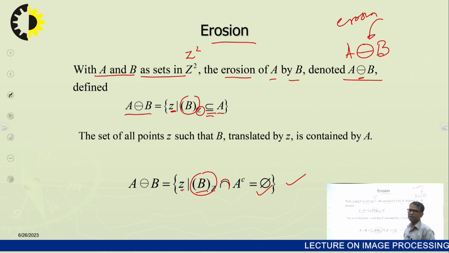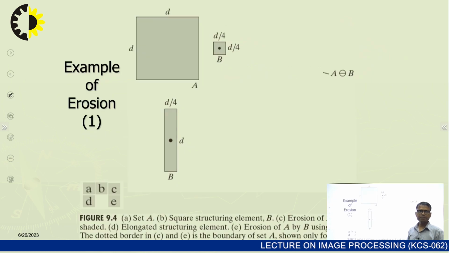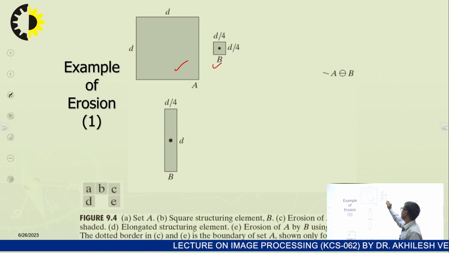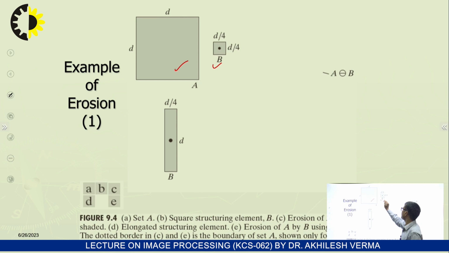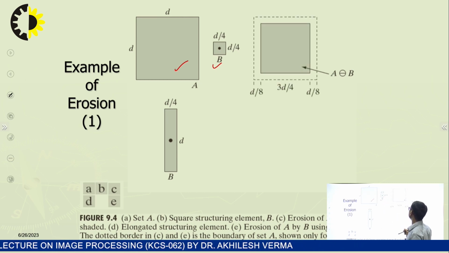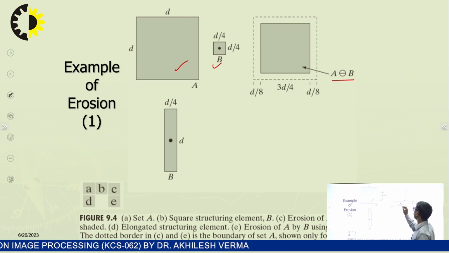So, this is erosion. This can be explained with this example. This is A and this is the structuring element B, and we can see the dimension of A is D by D, and B is of size D by 4 and D by 4. And when we apply this, A erosion B, what will happen? The size of the original A is reduced by